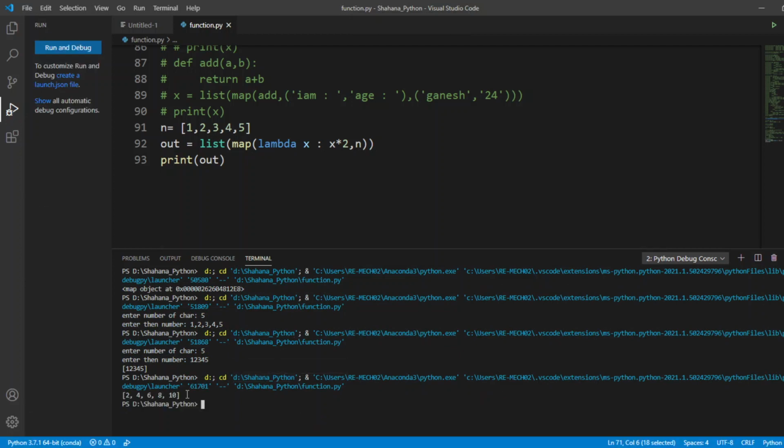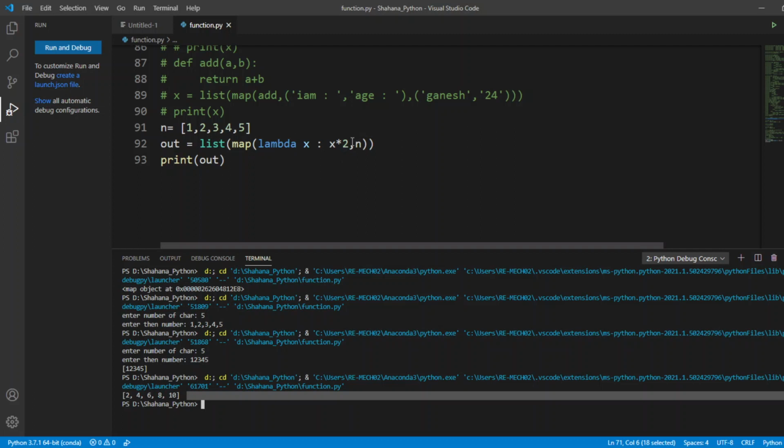Okay, we got our proper output here. I just squared everything with the 2. I multiplied x with the 2, and the x value is taken from the n. It has been iterating a single value. This way also we can combine our map with our lambda function. This is another example for it. I think you will be clear with it, and we will move on to our next function type.